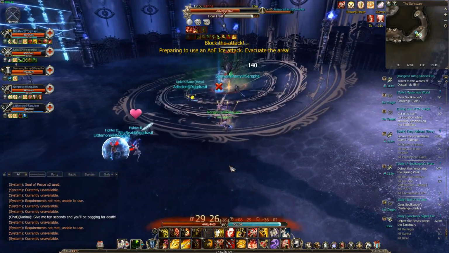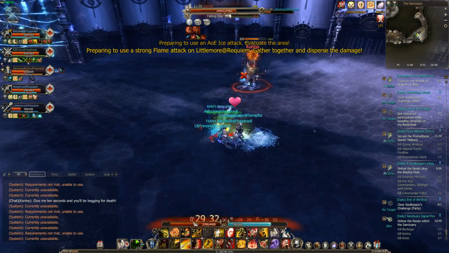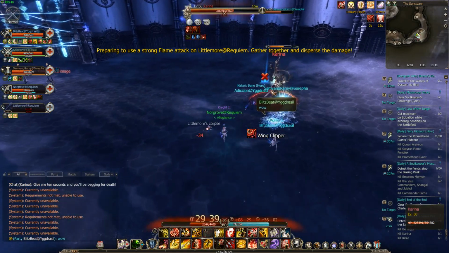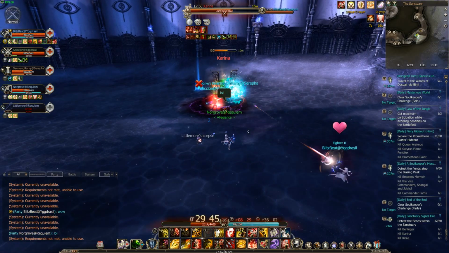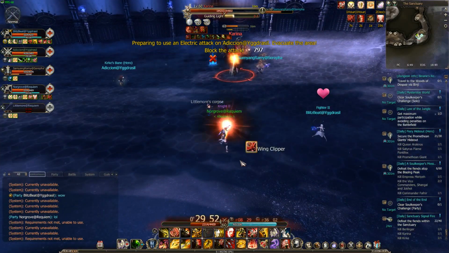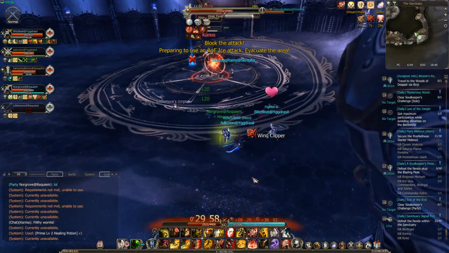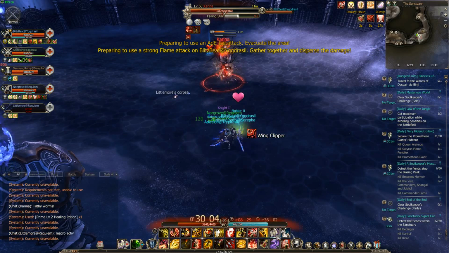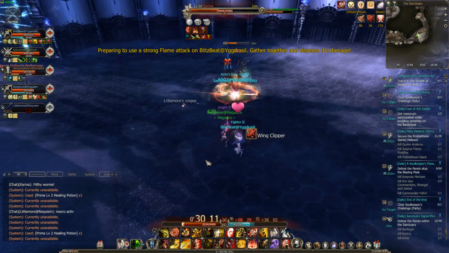If you don't block the attack, she will get a shield like an Earth Guardian. Now you gotta stick together. She'll get a shield that will absorb damage. So now you stick and... Alright, okay. So now we gotta stick together to disperse the damage. That guy just ran away like that. It's a bit hard to...